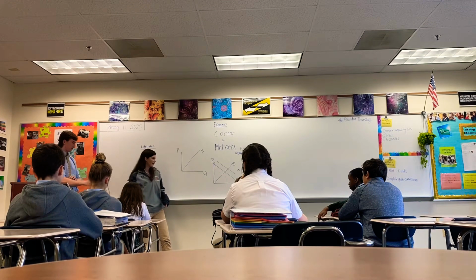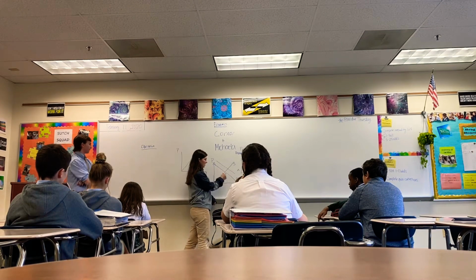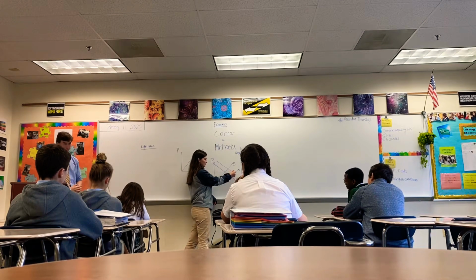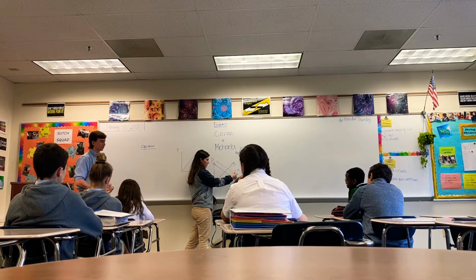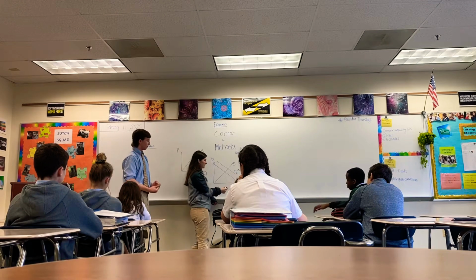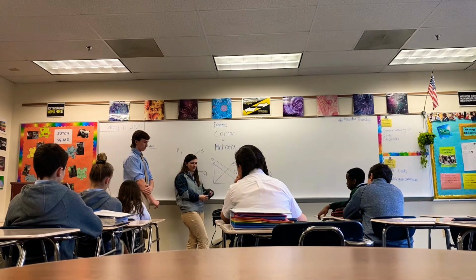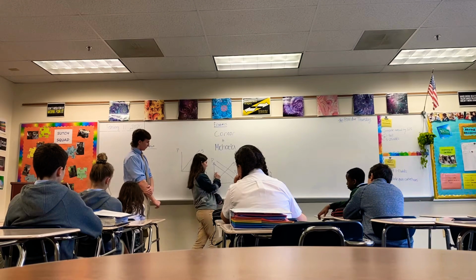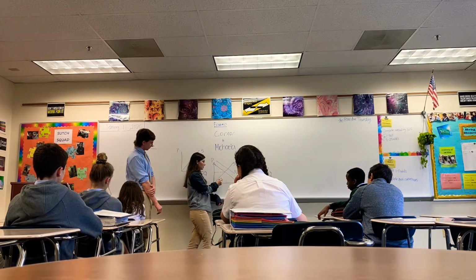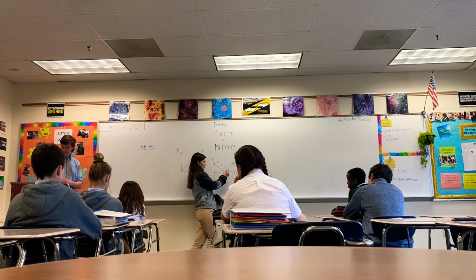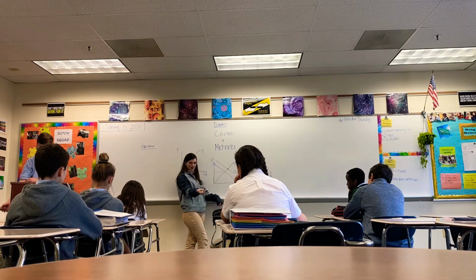So that's why we shifted the demand. Since you have more income, you can buy more things, so we shifted it to the right. This is the new demand curve. Can anyone tell me what happens to the price of the good? It goes up. Yeah, because this was our original price, and then once our income went up, we could buy more goods. This is the new equilibrium point, the price which buyers and sellers agree on.